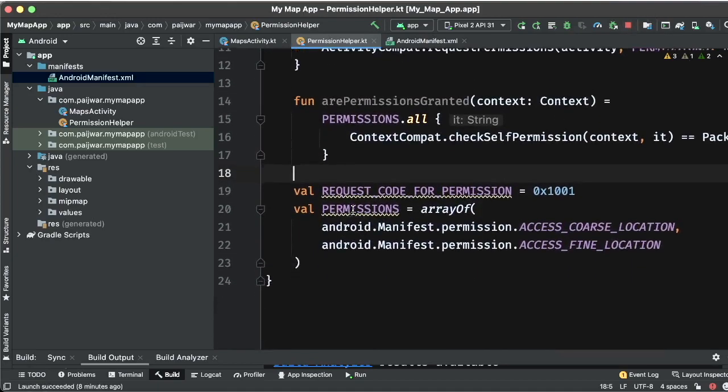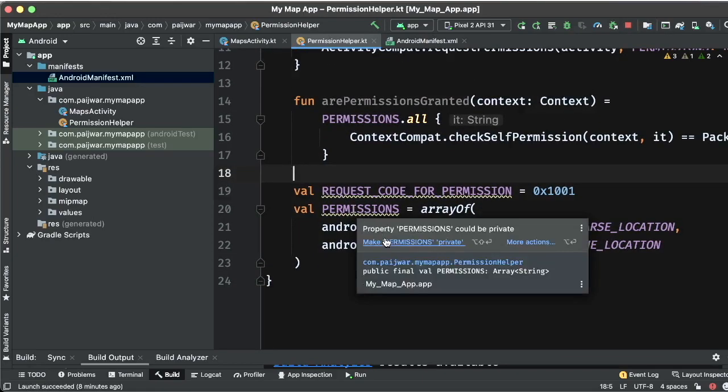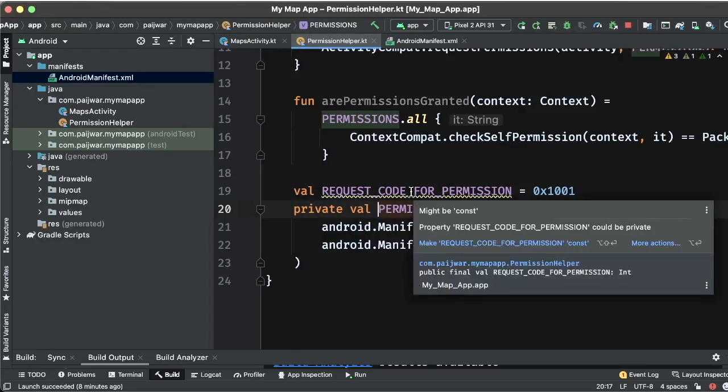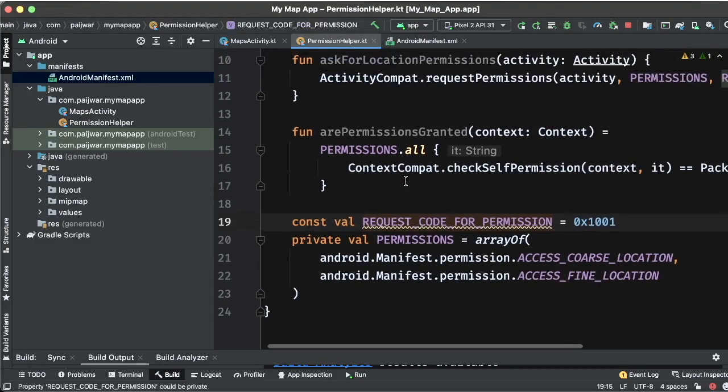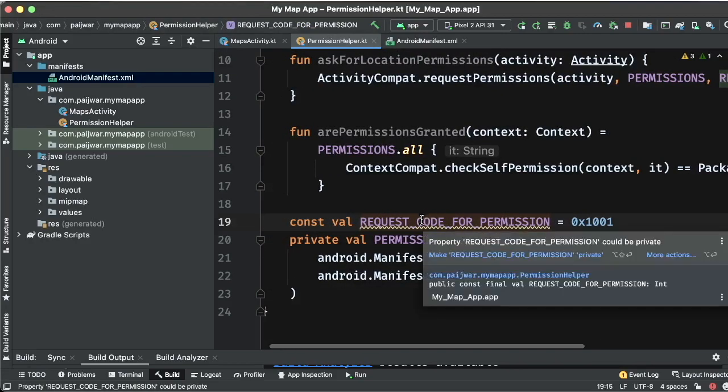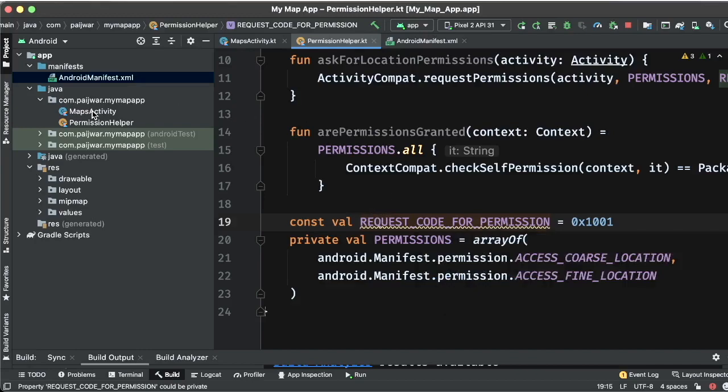So here this is coming, we can make them private. Well, this we will need later on, and we can make it const, and I guess maybe this will be for the private, but I will be using it from outside.